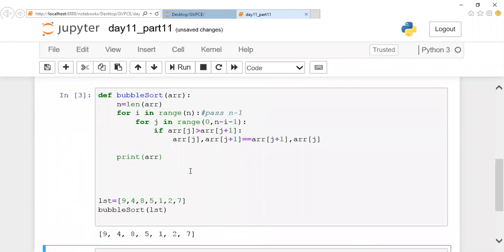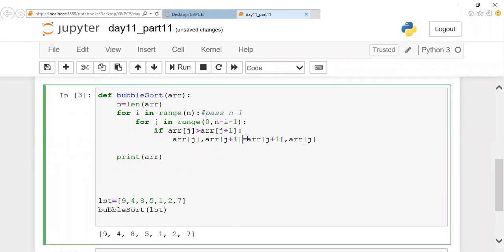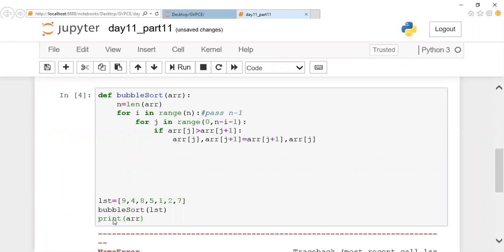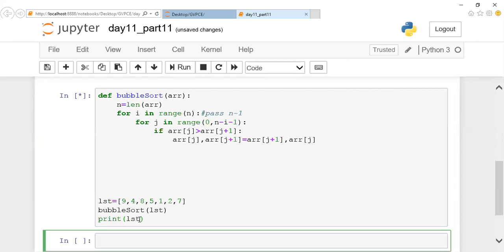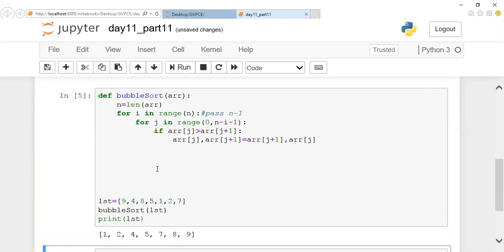Something else is happening. Give me a second. Here we have mentioned equal to, but it should be assigned, not equal to. It will check for equality. ARR is not defined. We'll modify this. Now you can find the data is fine.